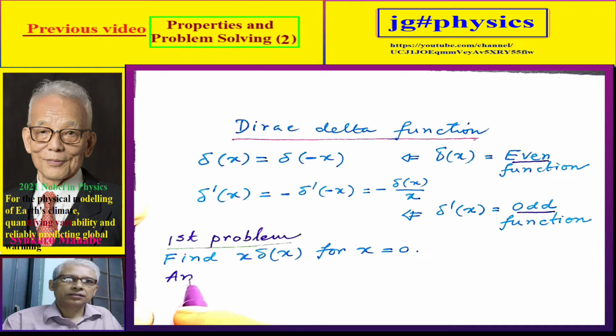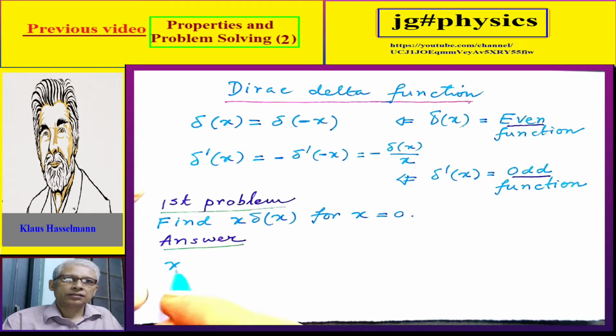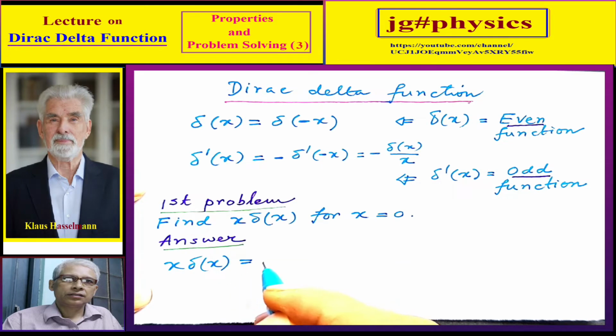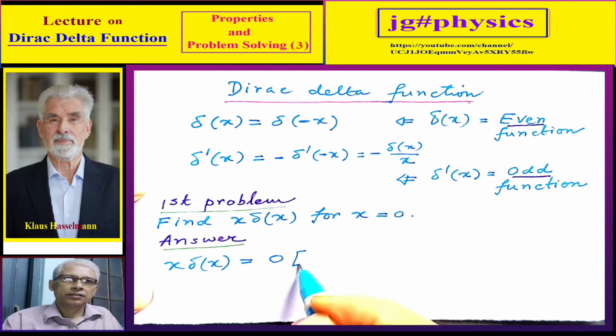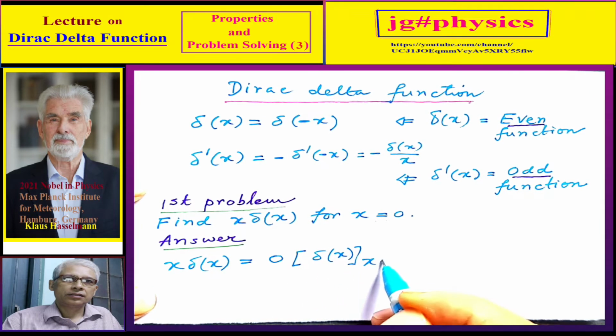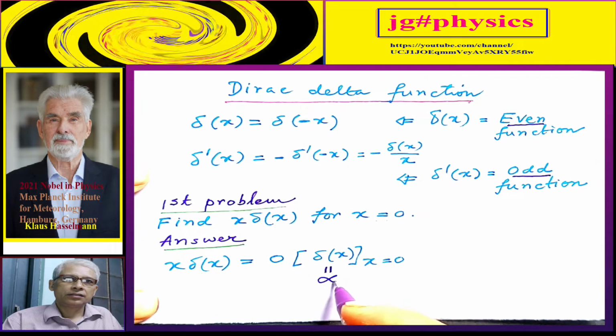And let us come to the answer. x delta of x for x equal to 0, and therefore let us put 0 for x, and we have to put the value of delta x at x equal to 0, which is obviously infinity, so it is 0 into